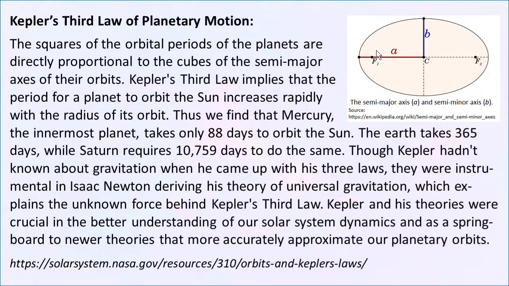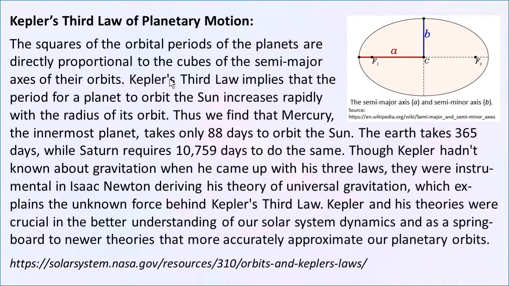So the larger the semi-major axis is, the farther away the planet is, the slower it is. And because it's the cube of the semi-major axis to the square of the speed, how long it takes the planet to go around the sun, which is its speed,